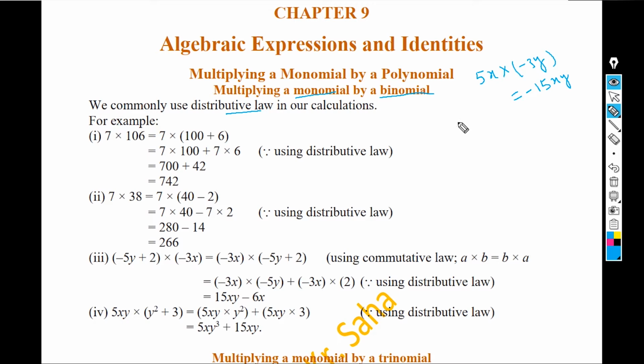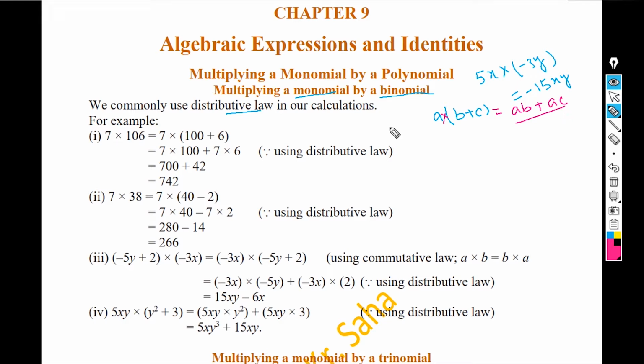distributive law. That is when you are multiplying a by b plus c, here is a sign of multiplication. In that case you are writing ab plus ac. Simply we are using this formula here. Now what is the use? We can use it in daily life.